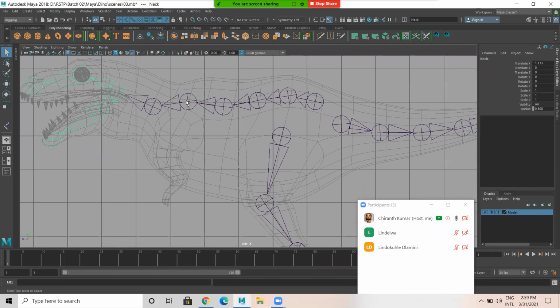Now observe this 1, 2, 3. I press insert and I move this joint 1, 2, and 3.